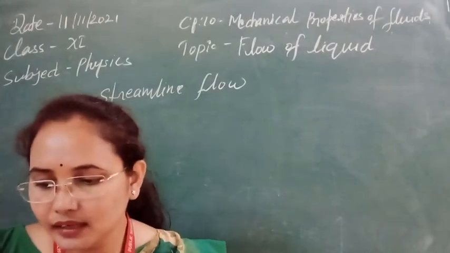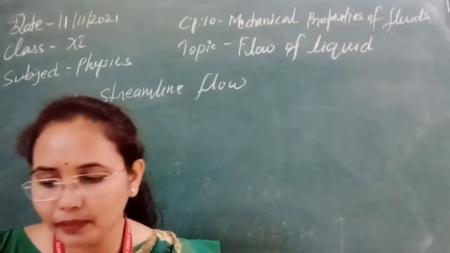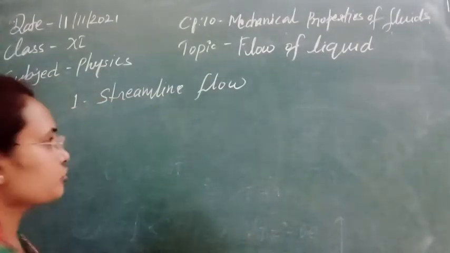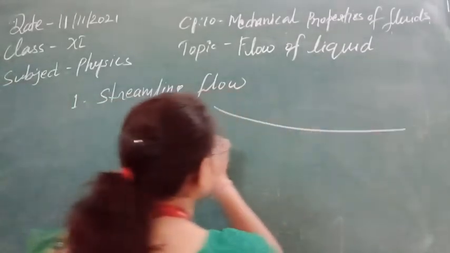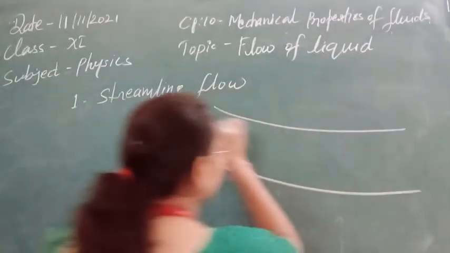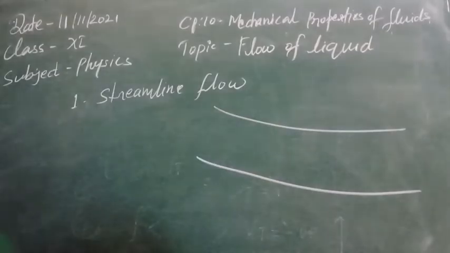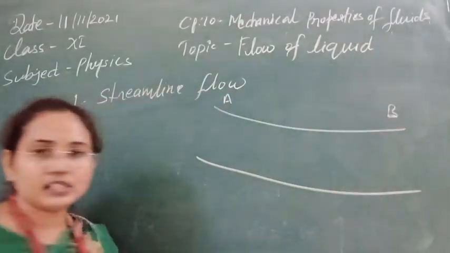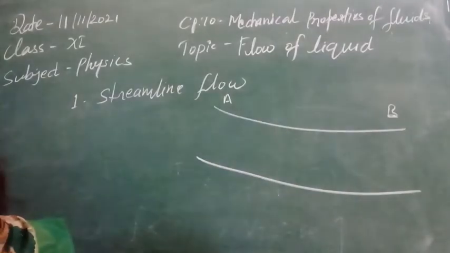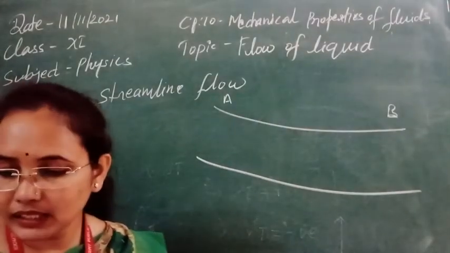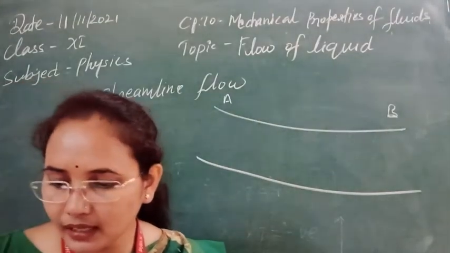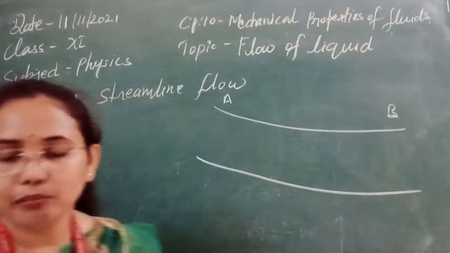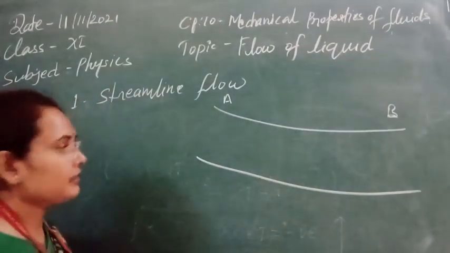we can consider a liquid that is flowing through a tube AB as shown in the figure. So suppose we have a tube, and in this tube the liquid is flowing. So this is A, this is B. Next, we can suppose V1, V2, V3 are the velocities of the particles of the liquid at some points P, Q, R respectively.